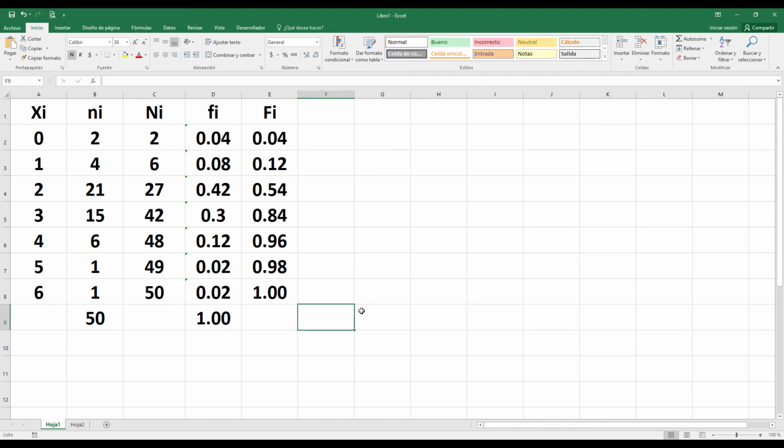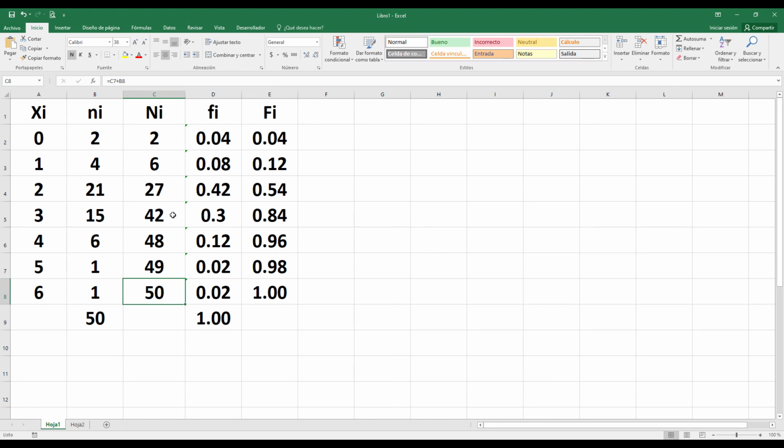Okay, so again, the columns. The first one, the class mark, you need to identify all the kinds of data. The absolute frequency, you need to calculate how many times each data appears. The cumulative absolute frequency, you need to add above all the rows.